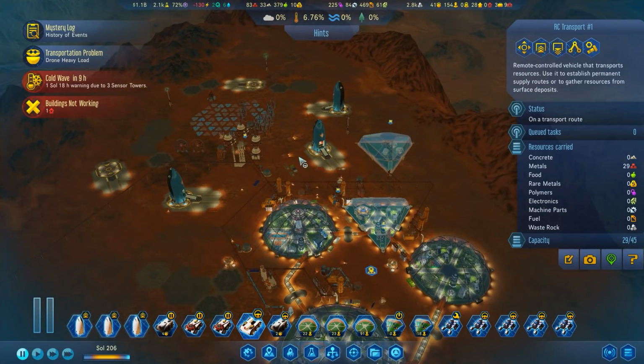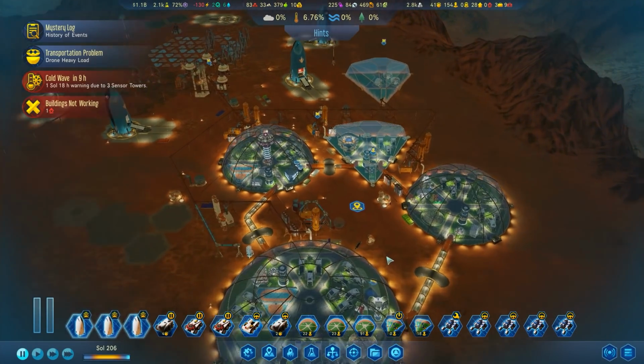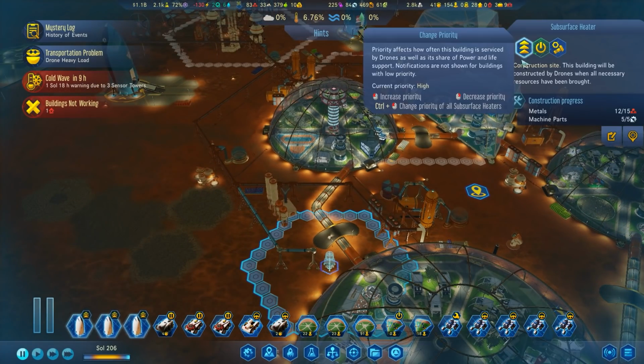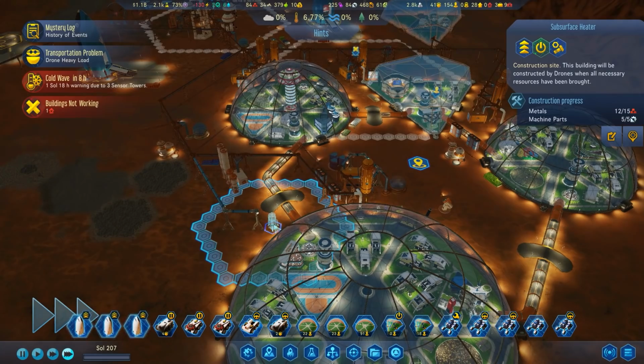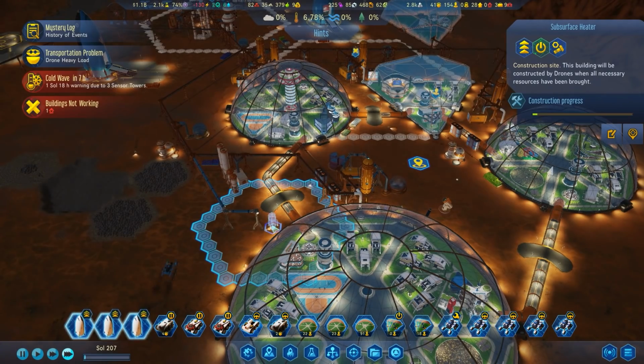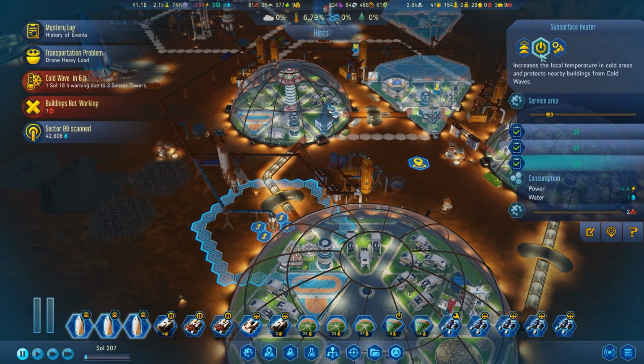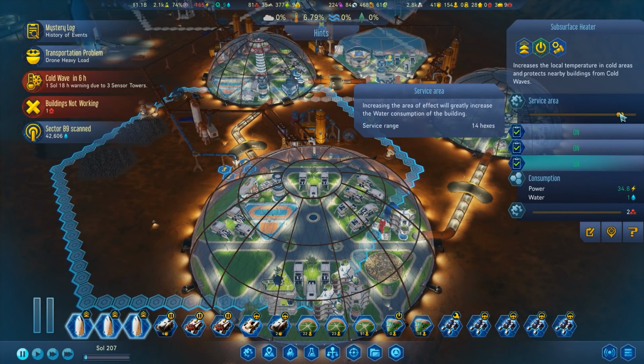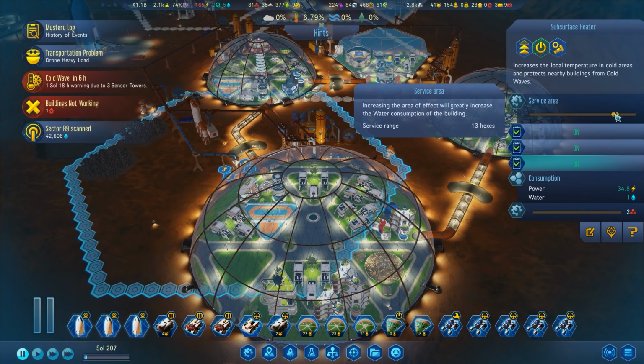In a few hours, we're going to have to deal with the nonsense that is called a cold wave once again, and that's going to be a bit harder because we still need to get things like the subsurface heater built up. If anyone wants to go ahead and deliver the last little bits of metals over here, thank you. Get that thing turned on. Let's go ahead and turn up the service area. As long as we cover the center of the dome, I think we're technically okay. I don't see any reason to really...